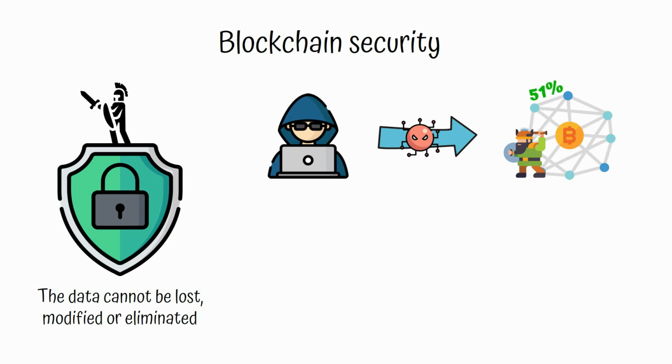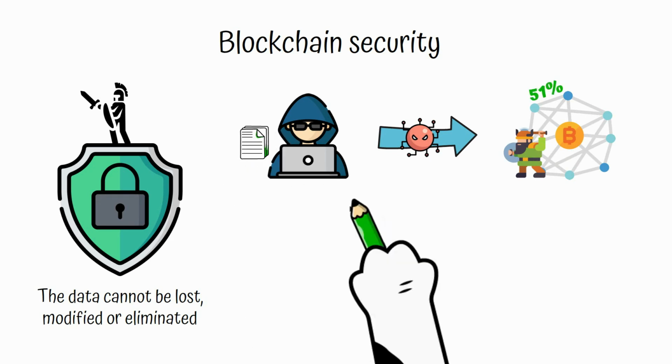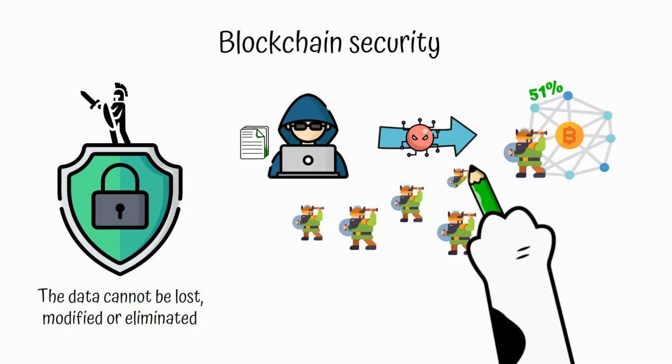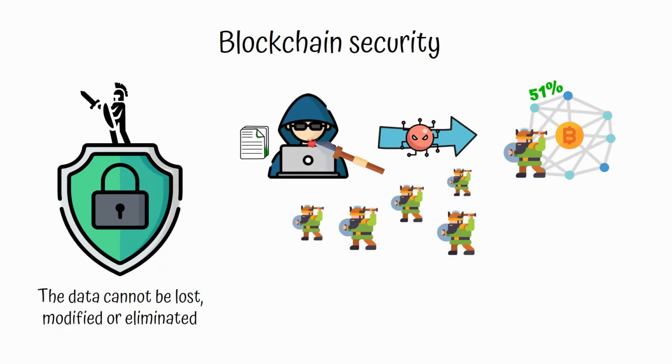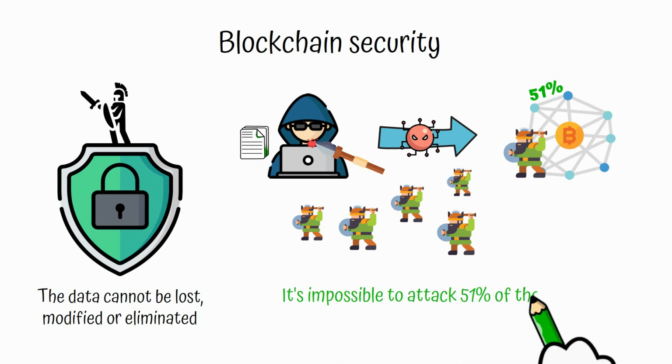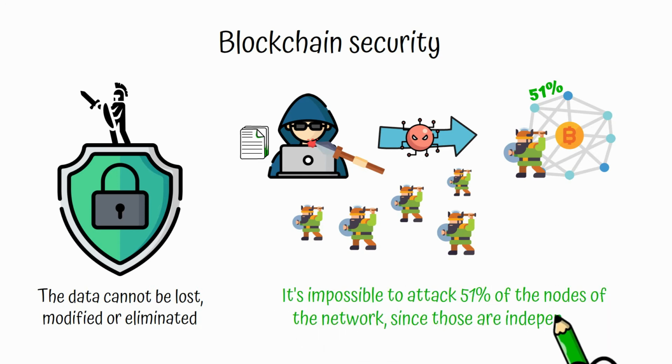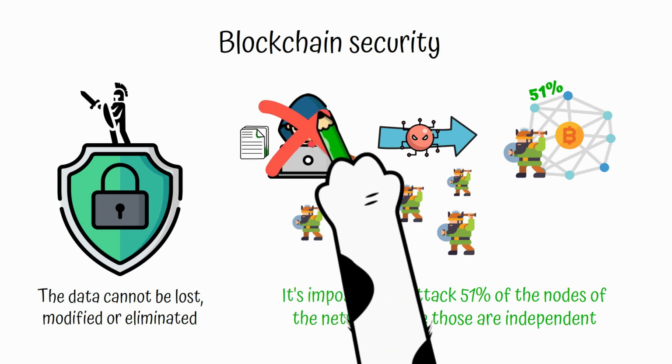This hacker would have to change his own copy of the ledger, but this would make the other nodes with the correct copy know about it, which would give him away immediately. The amount of computational resources and money required to carry out this attack are virtually impossible to have, and if you tried, you would be quickly removed from the network.